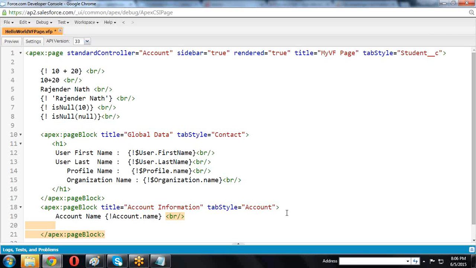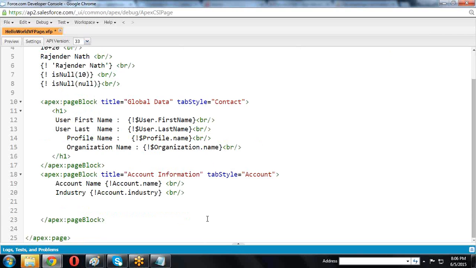Okay, account dot name. Now industry. So account dot industry. The field names we are calling. The method names, that is nothing but BR. Now industry.